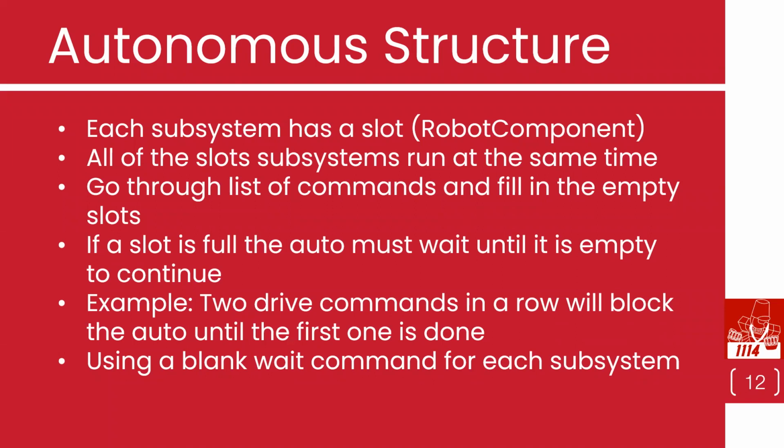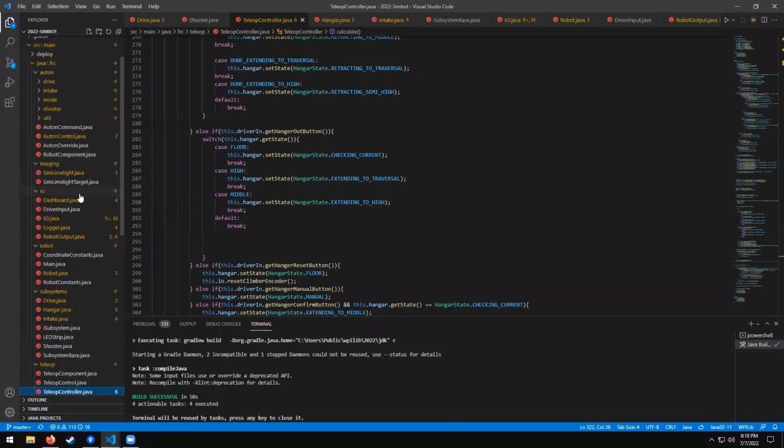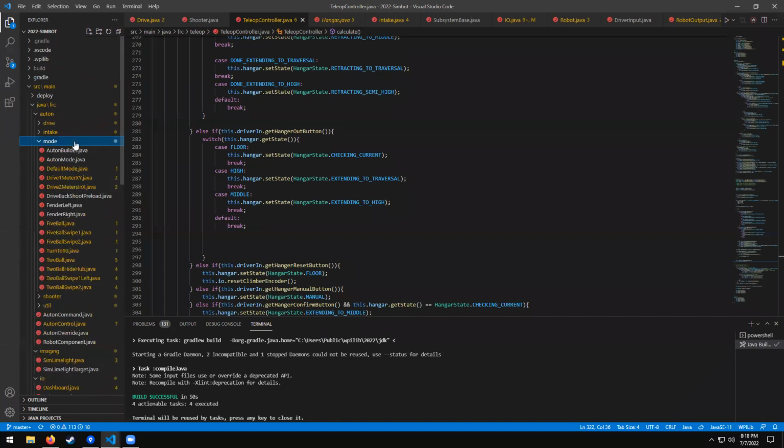Then each auto is basically a list of commands. If there are 2 commands in a row for the same thing, like drive 5 feet forward and then drive 10 feet forward, they both can't happen at the same time. So the auto will start doing the first one, and we'll wait for the first drive command to be done before it moves on to the next one. We can use that to have our autos do things in the right order. So for example, if I go over to our auto modes and go to our 5-ball auto,